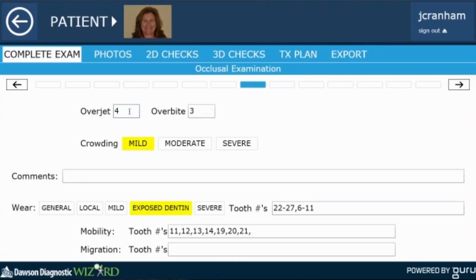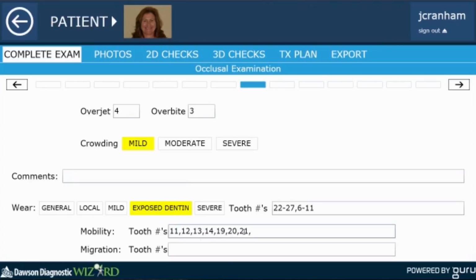Overbite, again, overjet relationship about 4 and 3. You'll see mild crowding, but primary concern was that she definitely had some exposed dentin, 22 through 27 and 6 through 11. And she had several teeth on the left side of her mouth that were loose. Mobility 11, 12, 13, 14,